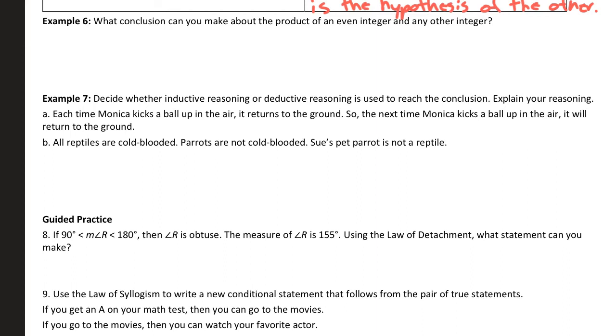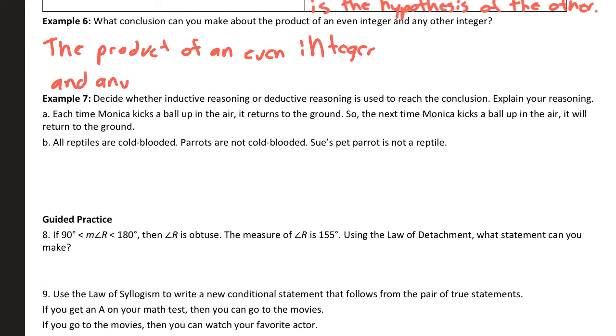So what I really just want to do is show that result will always be, sorry, I'll write that better. That result will always be even. Okay, so when we talk about this,